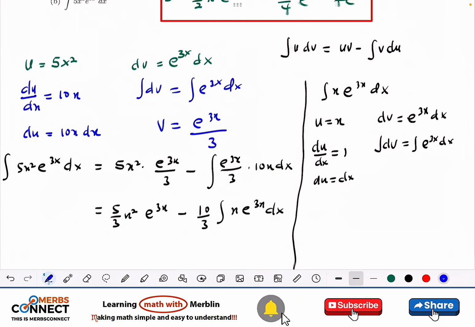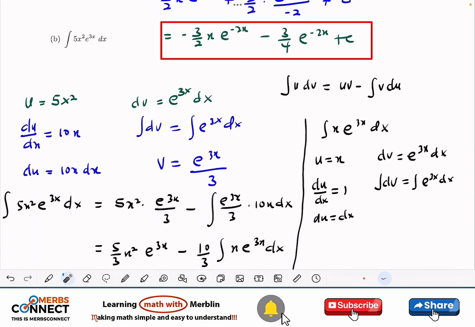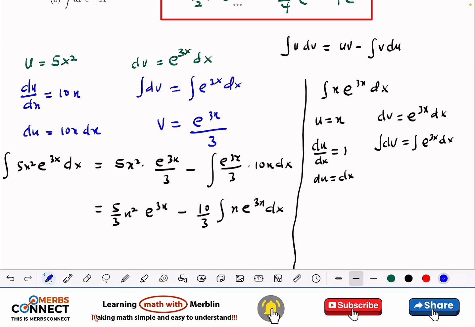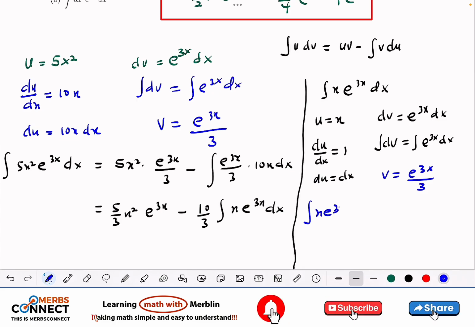as we did for the first one here, when we were finding for this one, it's the same thing here. So I'm going to have v to be equal to e to the power 3x divided by 3. So you see, what I'm doing right now is just only this. So now this one will be equal to the integral of x e to the power 3x dx, which will be equal to,